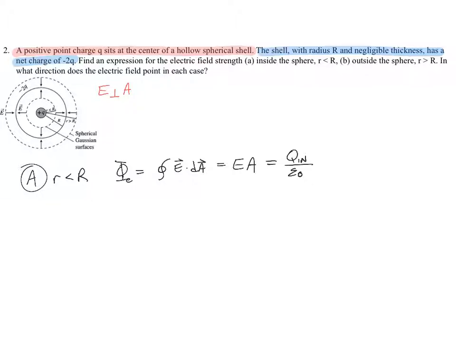And so what does this mean? Well, if I solve this for E, I get this thing that we keep seeing over and over again, Q per A epsilon naught. And the charge on the inside of that first Gaussian surface is just a plus little q